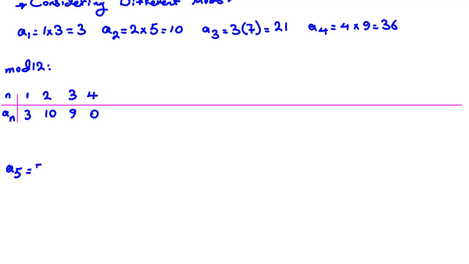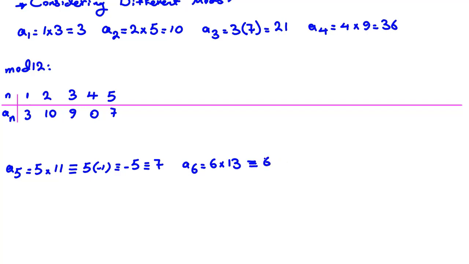A5 is 5 times (2 times 5 plus 1), 11, so 5 times 11. If you consider mod 12, it's 5 times -1, which is -5, which is 7. So for 5, it is 7. For A6, it is 6 times 13. If you consider mod 12, it is 6. So for 6, it is 6. For 7,